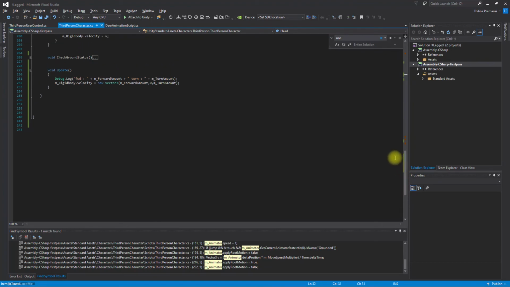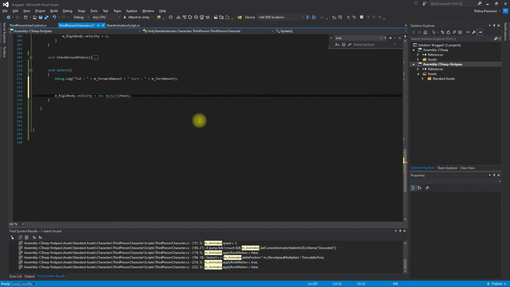And I'll define this direction using the head. So like this,